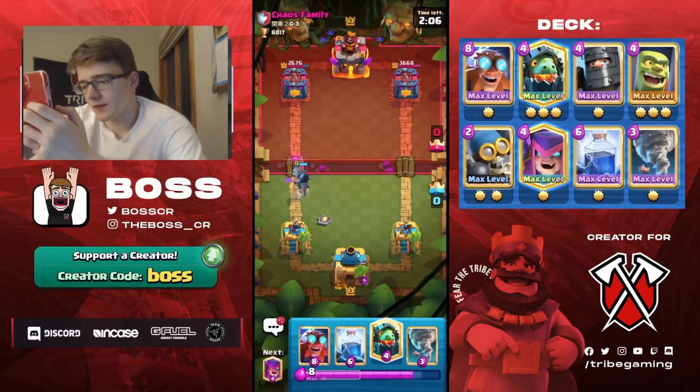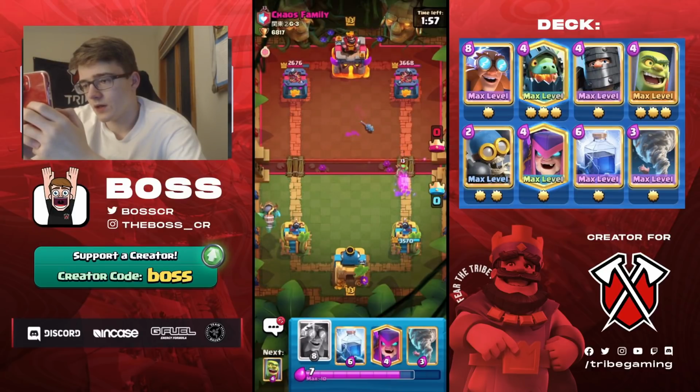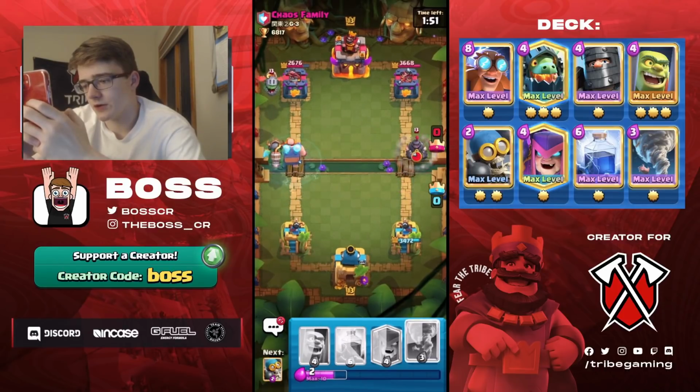I don't even know. In this matchup, we can just play it slow. Honestly, this is a pretty easy matchup, if I'm being honest. If it's Mega Knight Bait, which I think it is, it should be a pretty easy matchup. We can literally just E-Giant into this Inferno Drag. Unless he has a surprise card that I don't know of, it's just gonna...